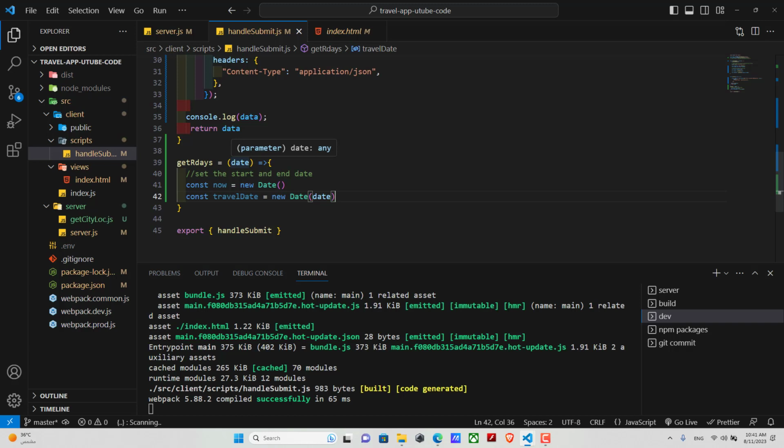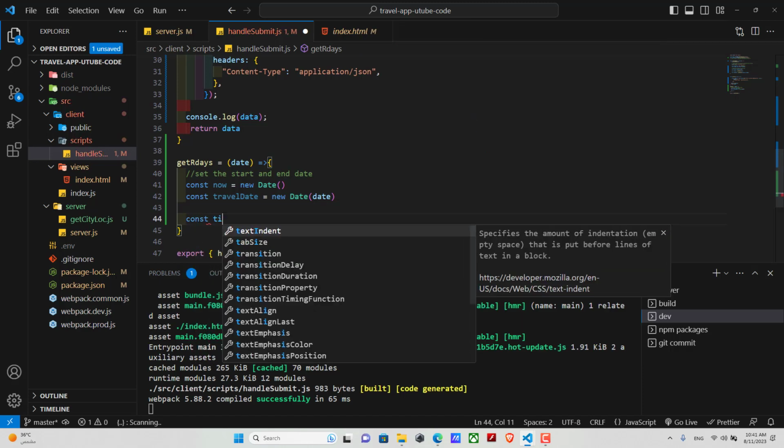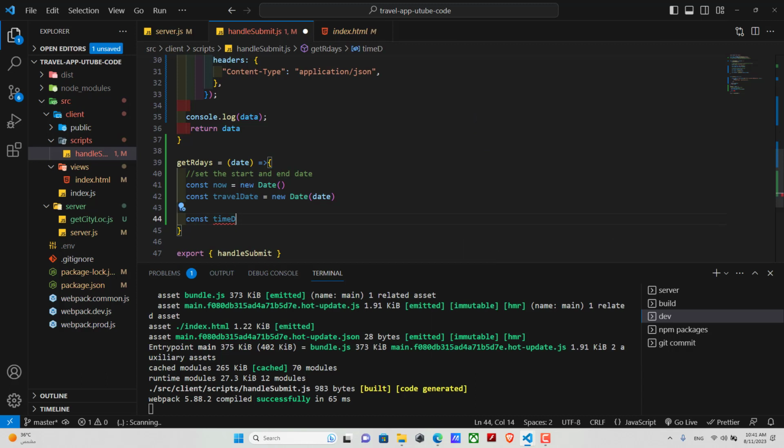So the client will put the date he wants to travel in, and now all we need is to subtract the travel date minus the now, and by this way we will get how many days left for that. So I can also call it time difference. So the time difference equals the travel date,